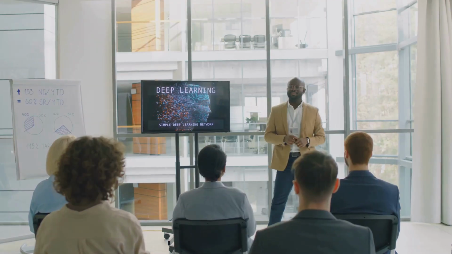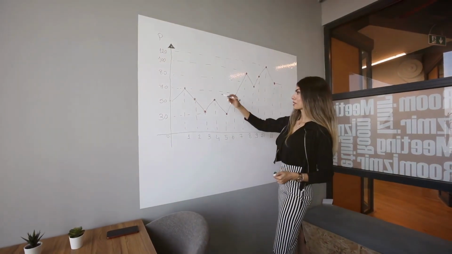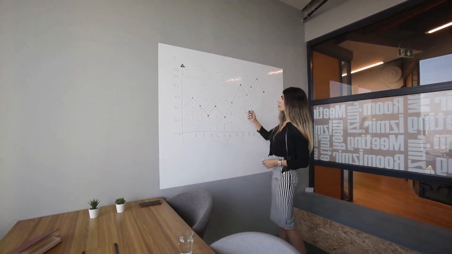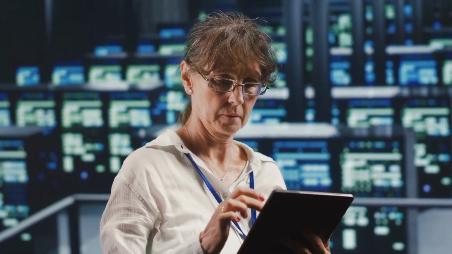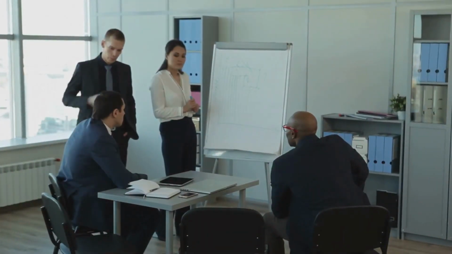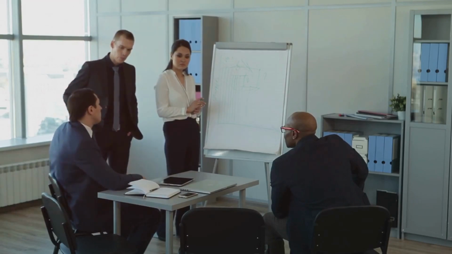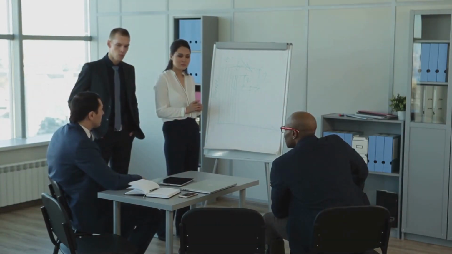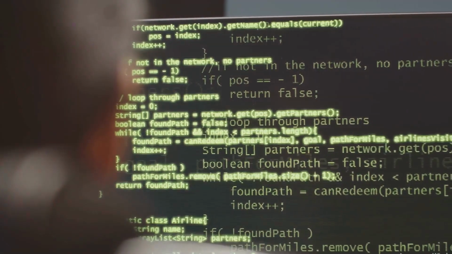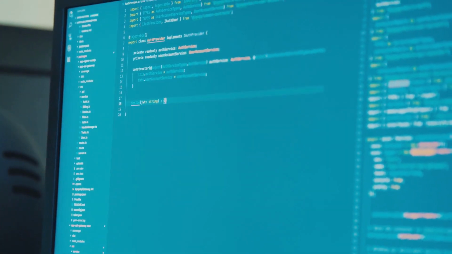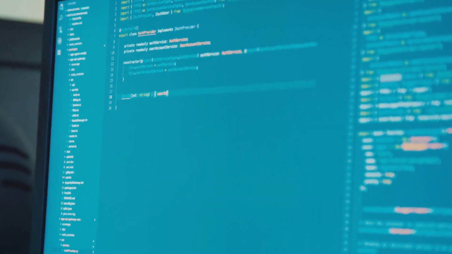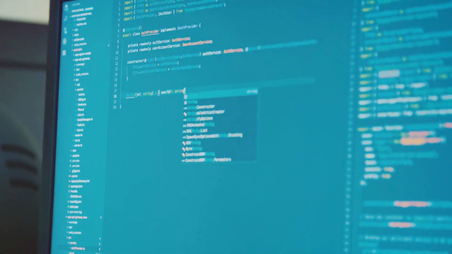Here are the critical steps. First, frame the problem. Define what we're trying to solve. Second, acquire and organize data. Gather and prepare the data we'll use. Third, design solution space. Think of all possible solutions. Fourth, select a learning algorithm. Choose the method we'll use to learn from the data.